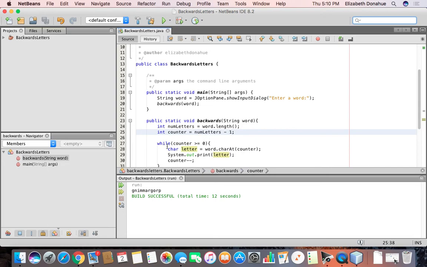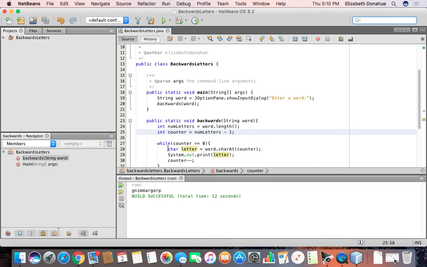And so here's my while loop, and I put a little space in there just so it's easier to read. Sometimes you can put some lines in there, so my while loop sort of stands out on its own. So I have the counter, which is really the numLetters minus 1. So let's say we're using my name Beth, so it would have 3 for the counter. And if 3 is greater than or equal to 0, then my code is going to execute. And that's because I know that there are 3 positions, and I'm going to use that to print out each